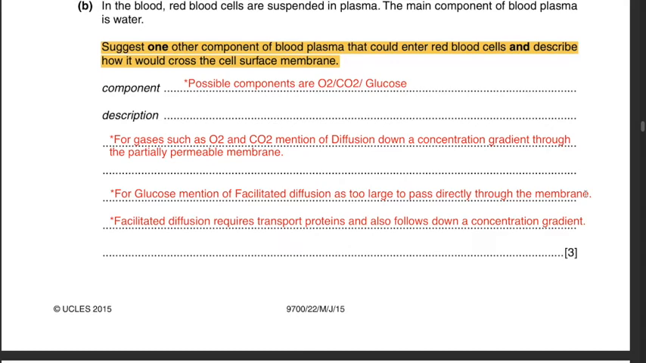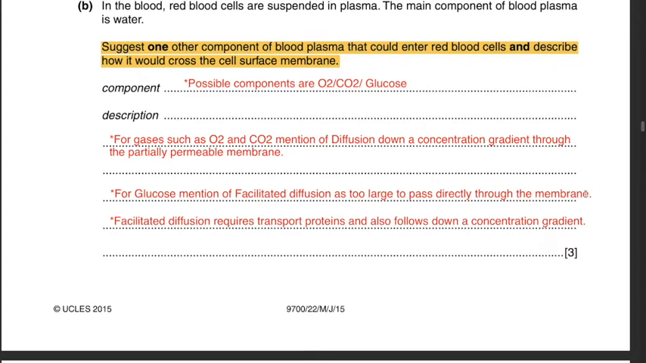Part B. In the blood, red blood cells are suspended in plasma. The main component of blood plasma is water. Suggest one other component of blood plasma that could enter red blood cells and describe how it would cross the cell surface membrane. Possible components are oxygen, carbon dioxide, as well as glucose. The best possible answer to mention, since it refers to red blood cells, are gases such as oxygen and carbon dioxide. You could mention the gases being able to cross the cell surface membrane by diffusion down a concentration gradient